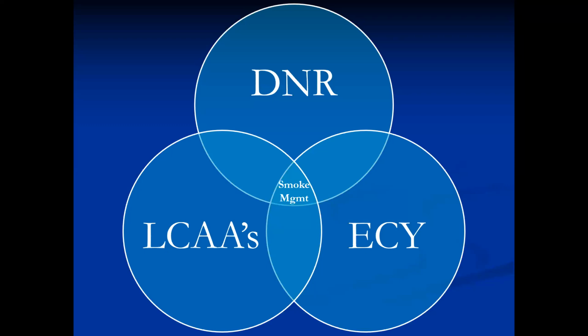I'll skip through a few of these slides, but basically smoke management for the state, anytime we do any kind of silvicultural burning, wildfire risk reduction burning, anything like that, it falls into DNR. We're a very small portion of what DNR does. There's the wildfire portion of things, there's a forest health portion of things, geology, all that kind of stuff. We work that little bitty corner of smoke management in with policies and rules set by the Department of Ecology,